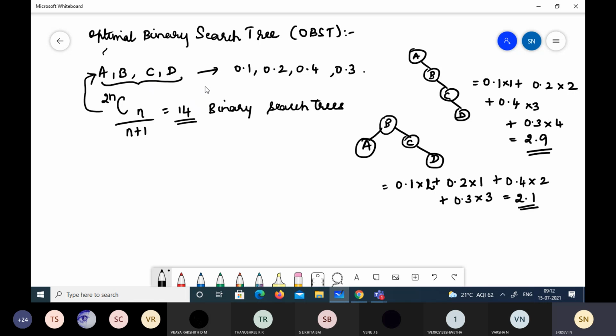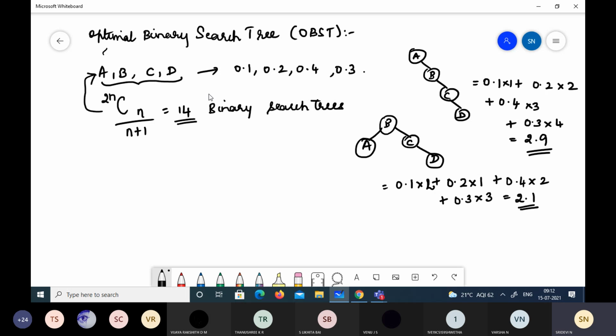But what if the number of keys increases? We will have 2n C n by n plus 1 possible binary trees which are generated from the given keys.